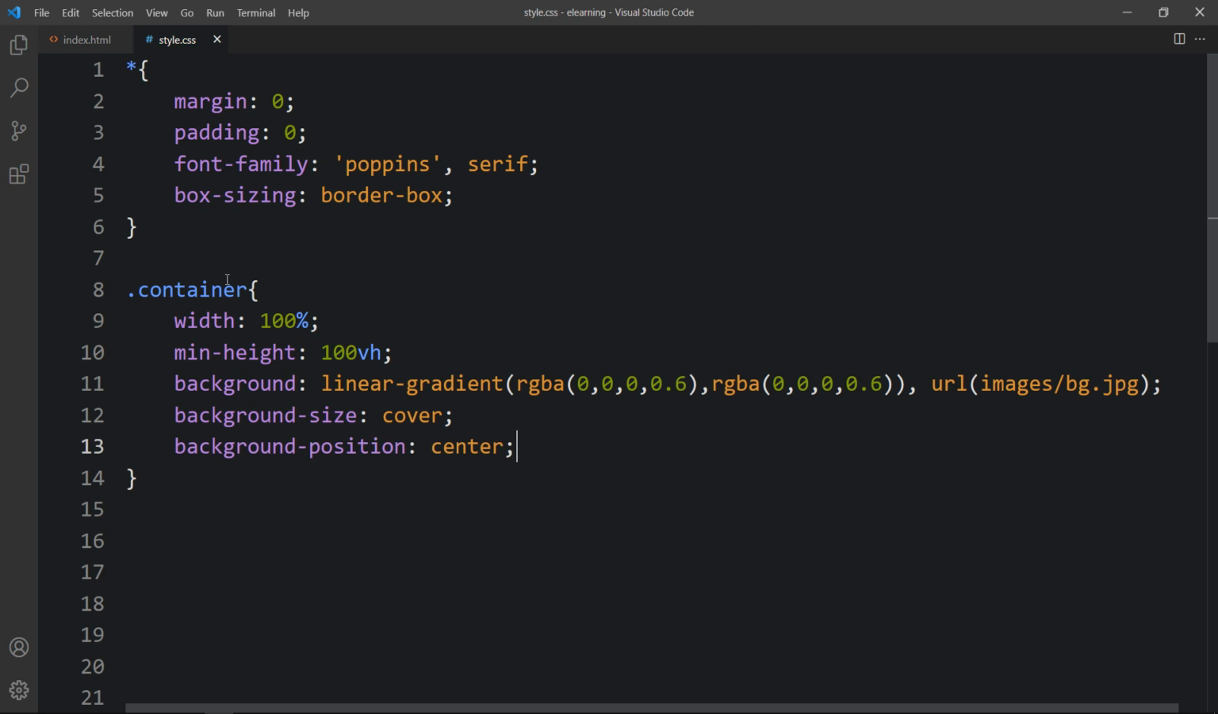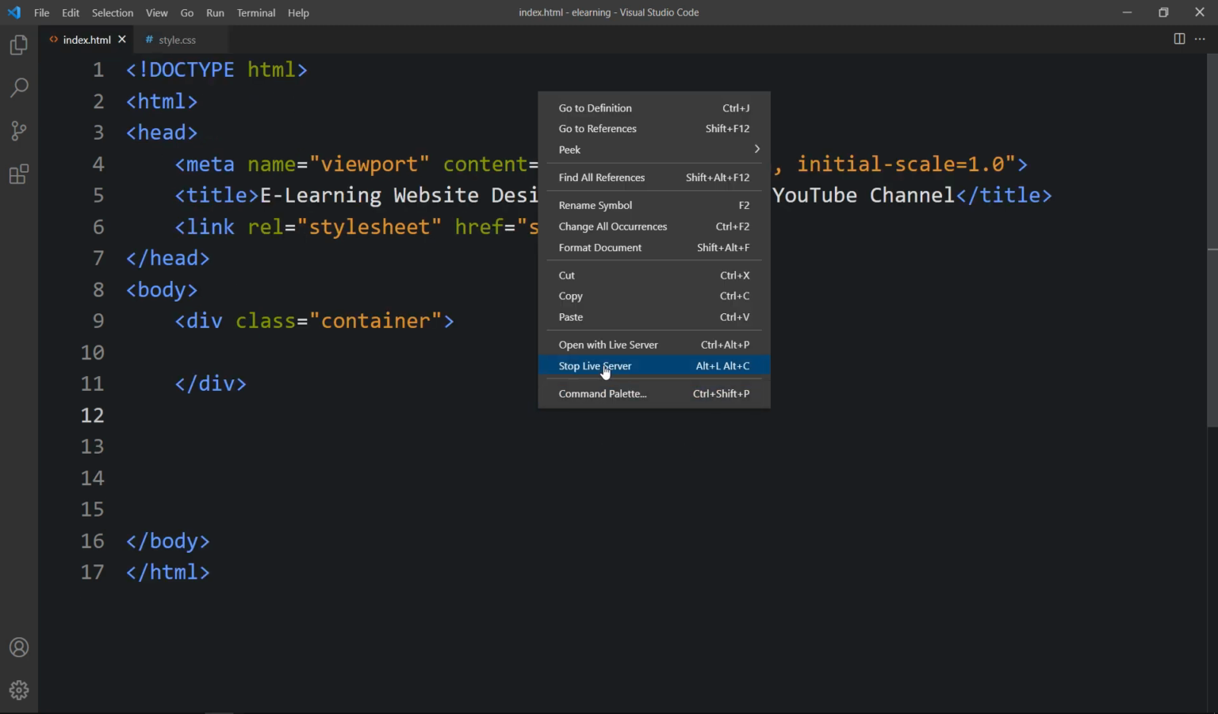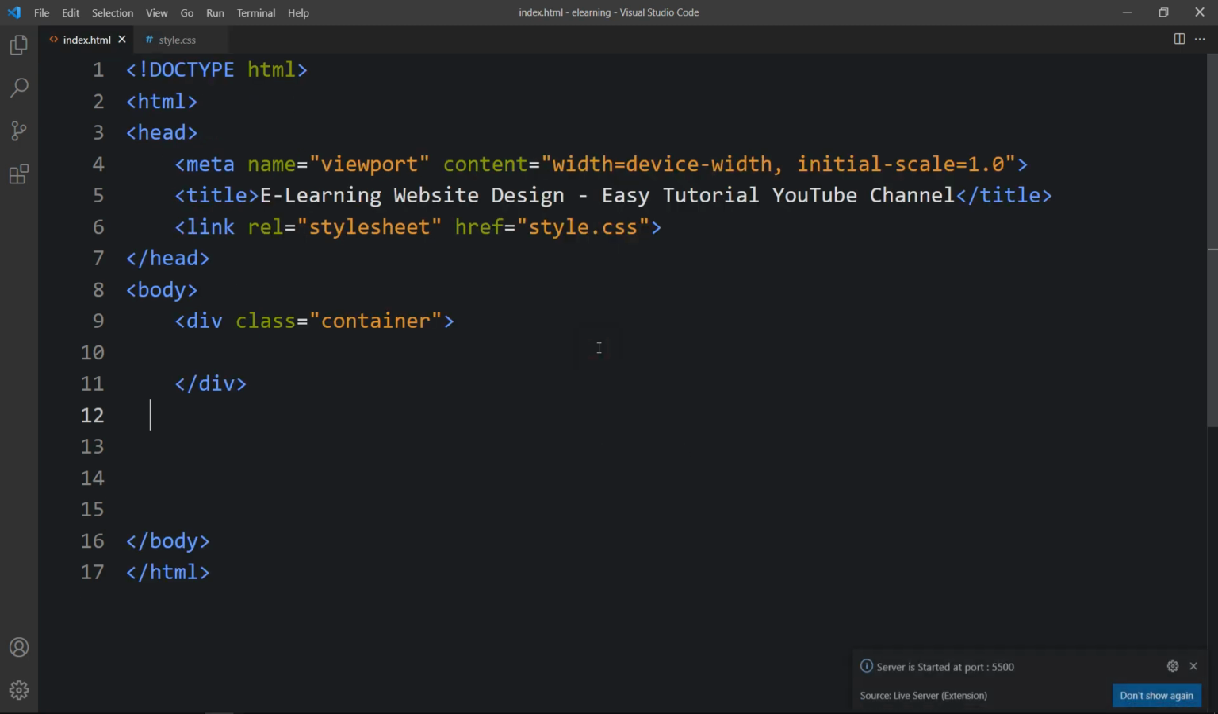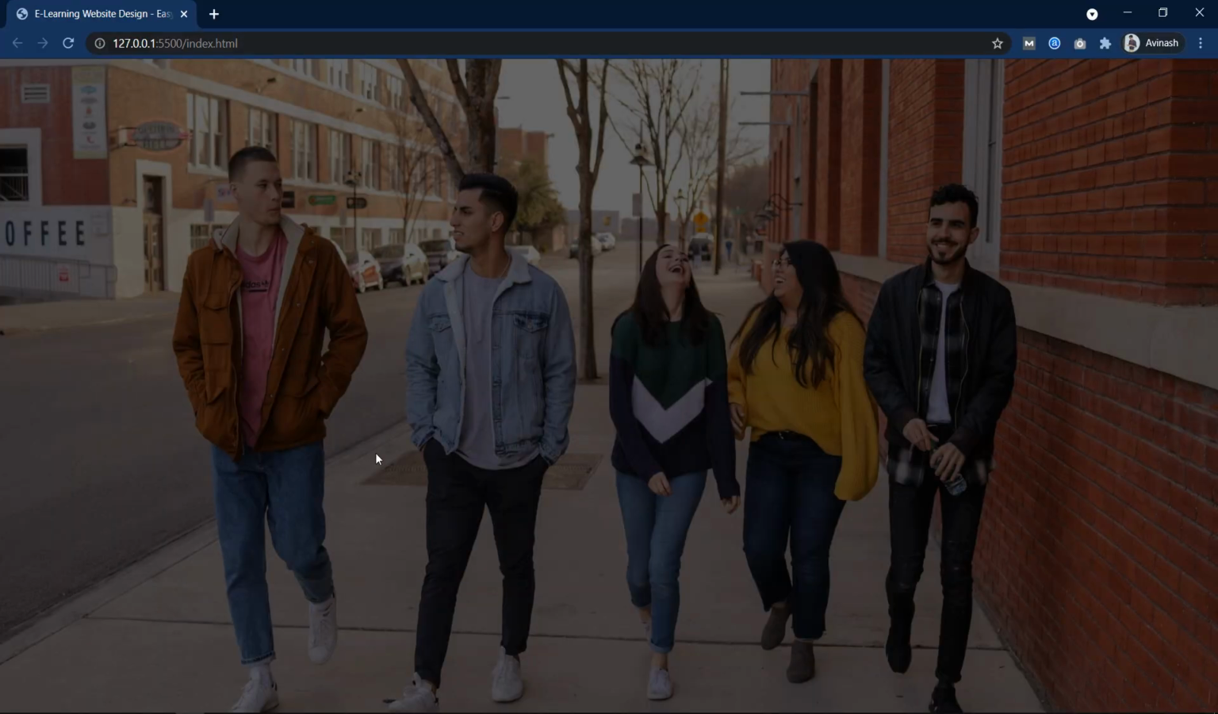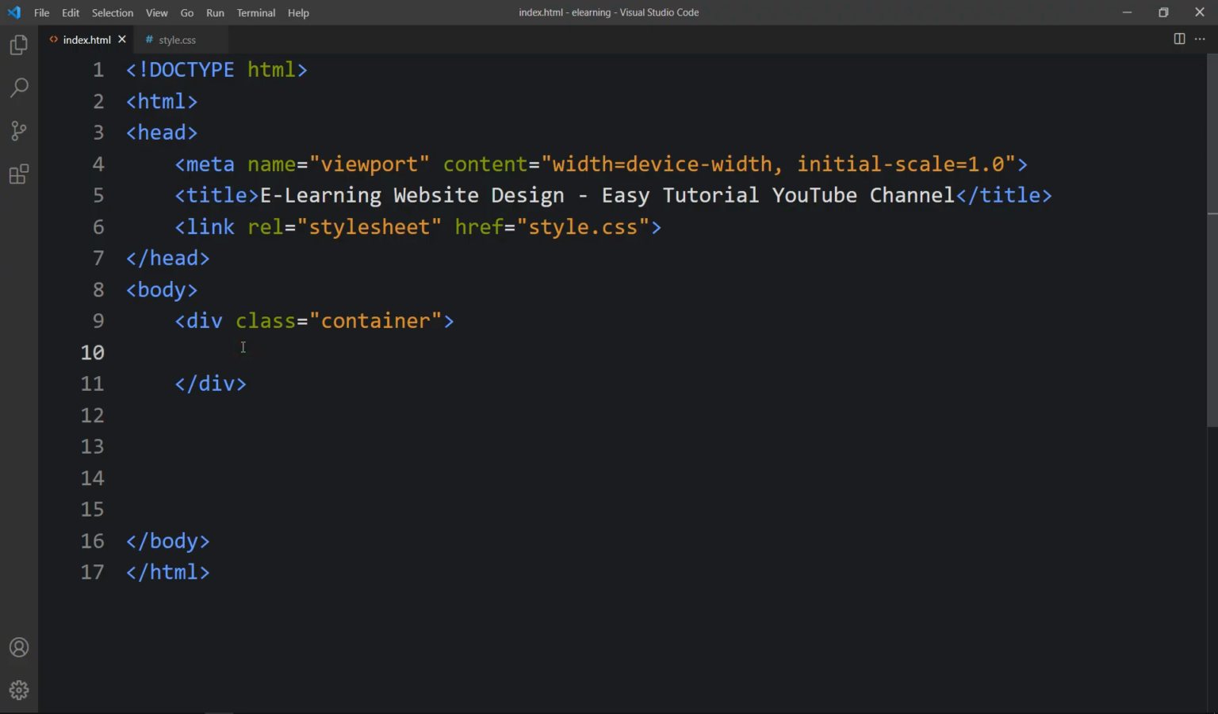Now we will open our web page with the web browser. Here I will select open with live server. So right now you can see one image on the complete web page, and there is a dark layer on this image. Let's come back, and in this div we will create one nav tag, and here let's create one div